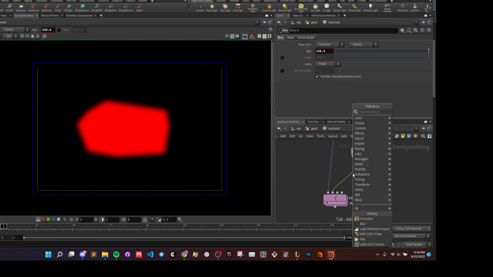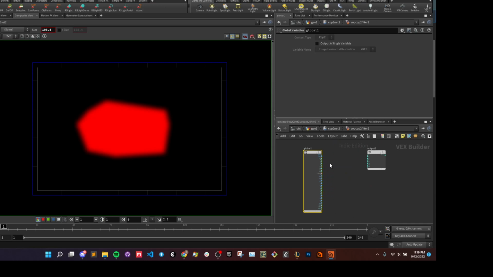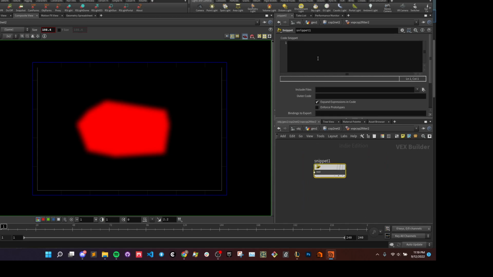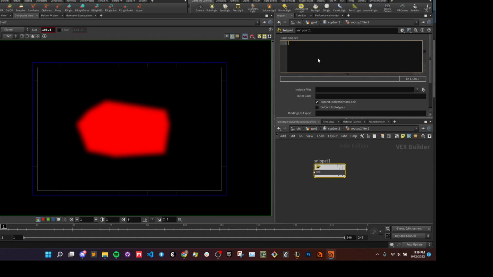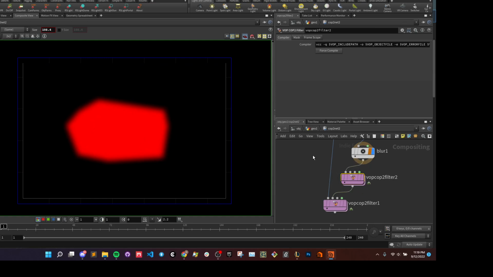So anyway, what I think the workaround here is, you take your mask image and then put another VOP COP here. In here, you can just do a snippet. You can write your convolution, or whatever you're sampling, using cinput. You can do this in a loop in VEX, right? You do your cinput and then output a new image. I'm not showing this, but you can understand the concept if you wanted to do this. And so you're going to get a new image here, using the sampling of nearby points. And then you plug that in